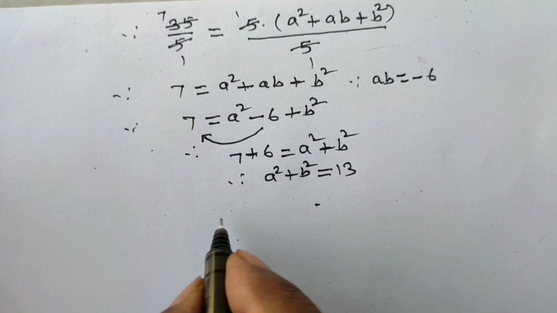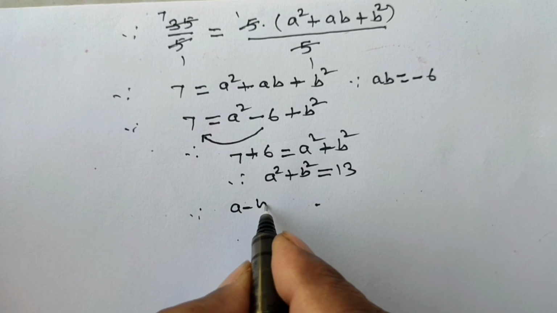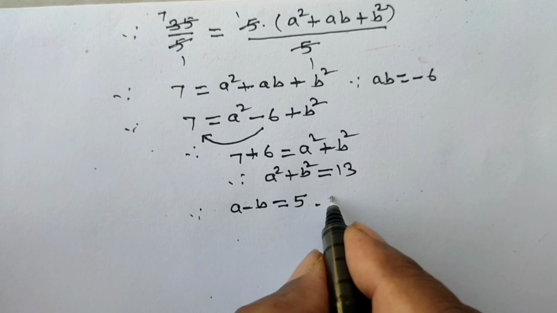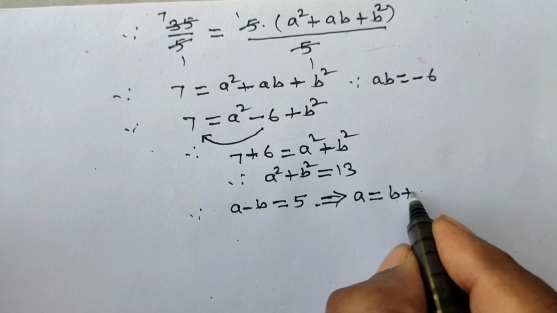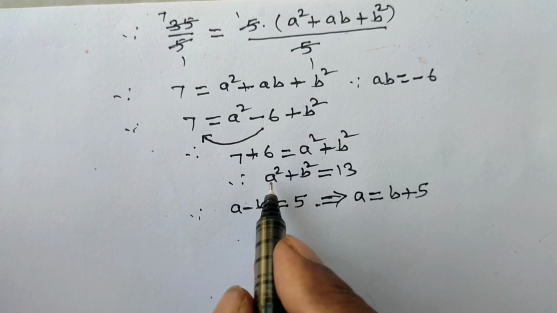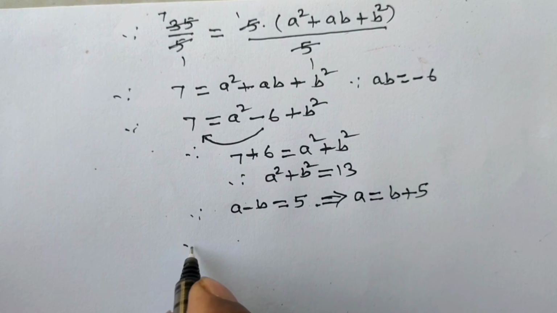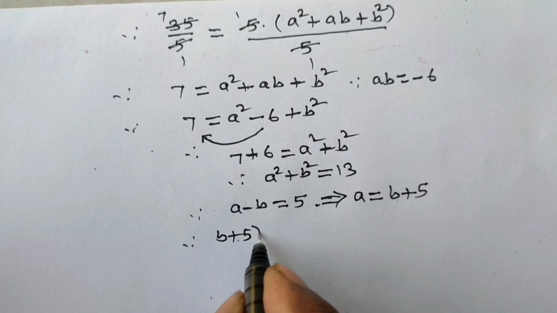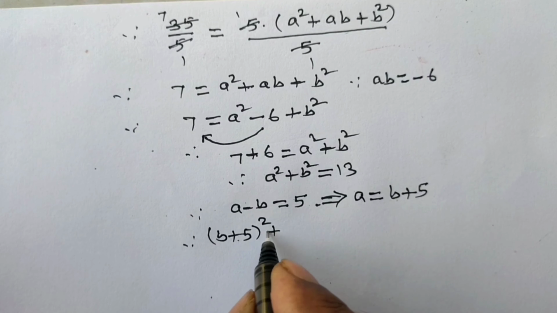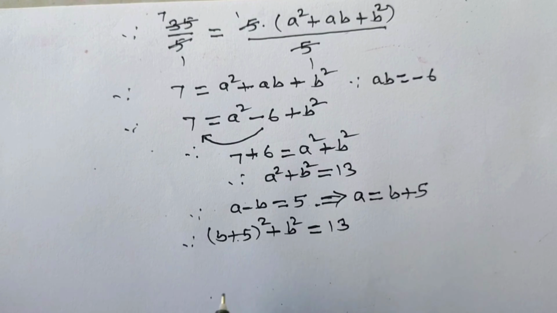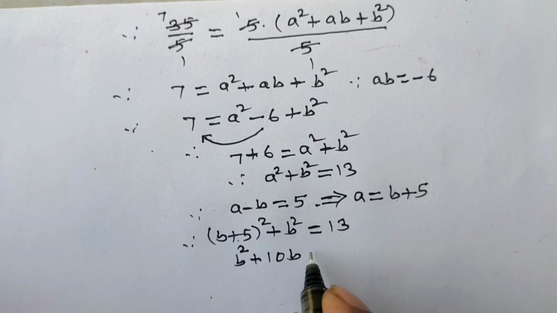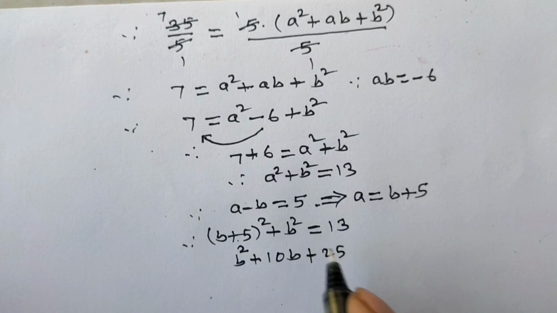But from equation number 2, we know a minus b is equal to 5. This implies a is equal to b plus 5. Replace this a by b plus 5 here. Hence (b plus 5) its square plus b square is equal to 13. Expand this bracket up to the power 2. Hence b square plus 5 into 2, 10b plus 25 plus b square